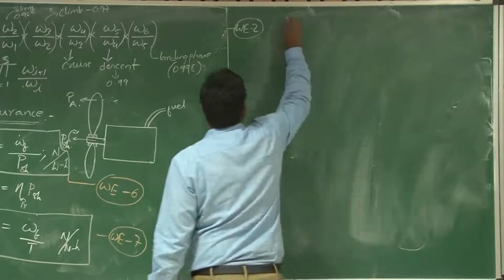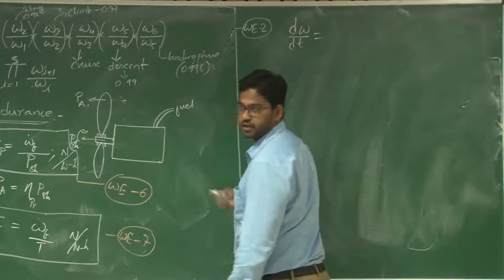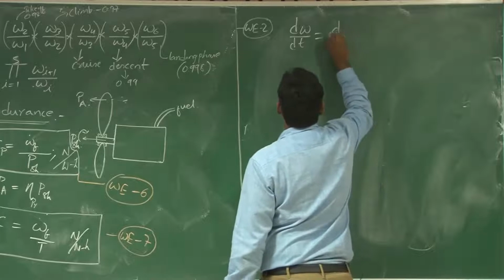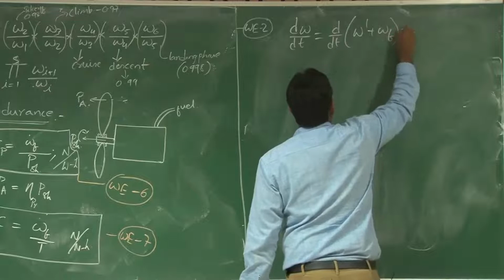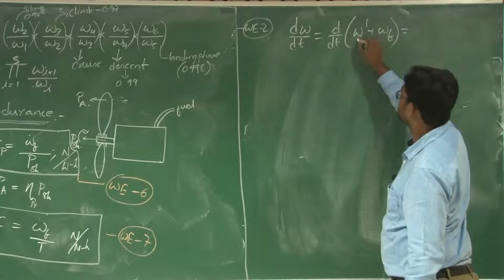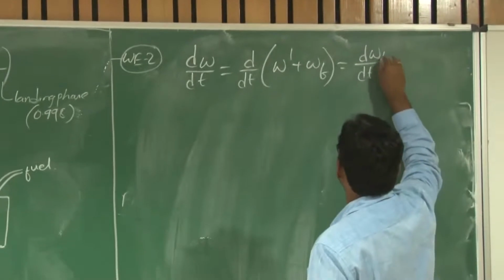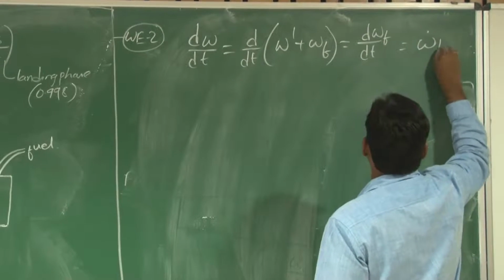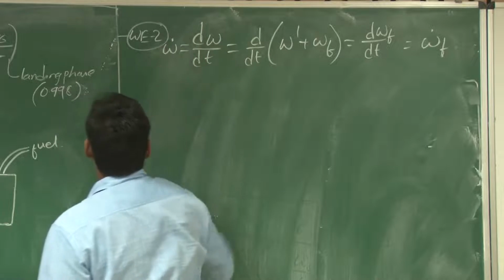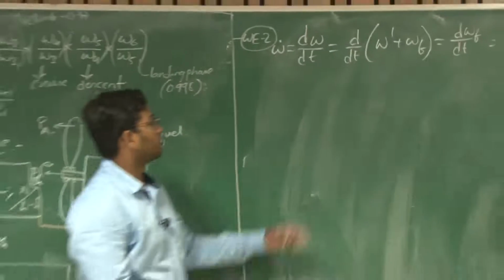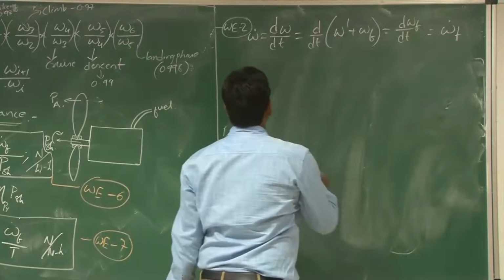So now say the change in the total aircraft weight is the change due to fuel consumption, because the other part is going to remain constant. This is d by dt of Wf, which is W dot f, right? So this d by dt, W dot of the aircraft, is the W dot of the fuel, right? Do you accept this?